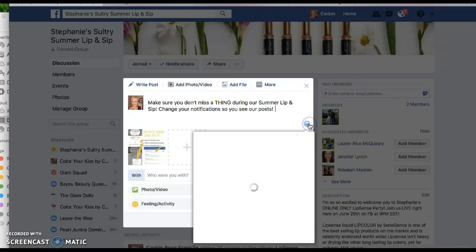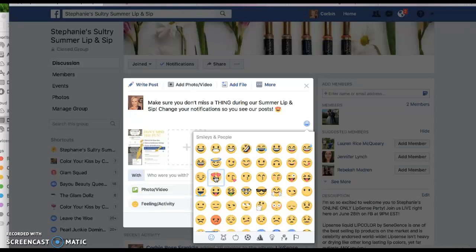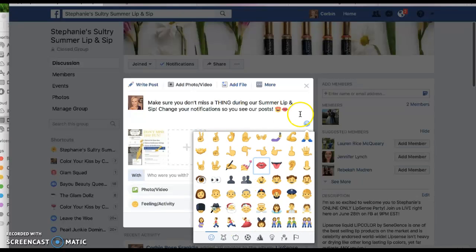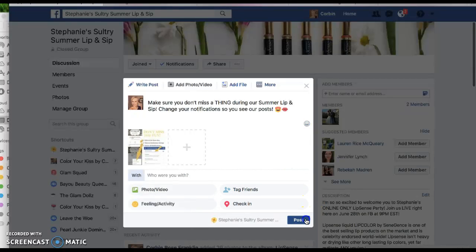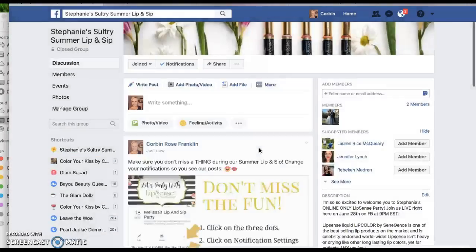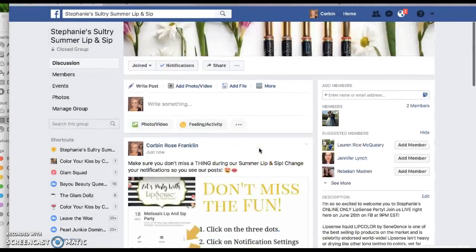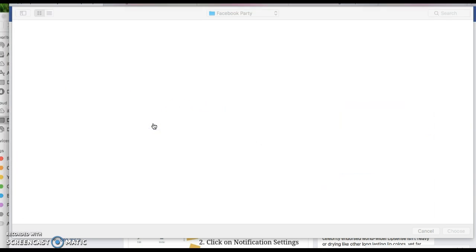And then I love emojis, so I'm going to do that. And then maybe a little lipstick. Okay, post that. Okay, now